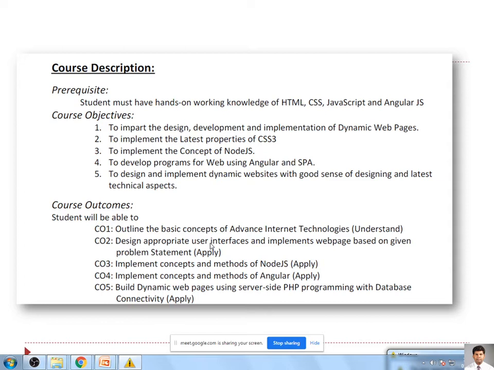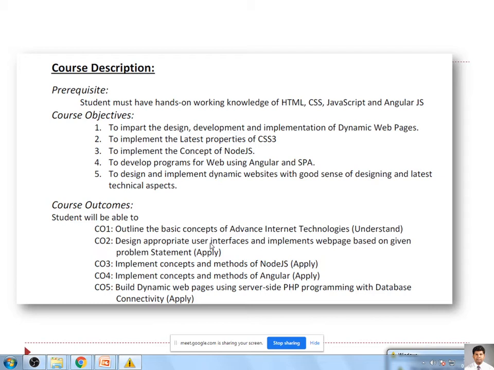These are basically the course outcomes. After completing the course, you will be familiar with AngularJS, Node.js, CSS3, and how to create a dynamic website with the help of PHP and HTML. That was the course objective, and for the outcomes, we will be applying various concepts. We will start with what is required for creating and using the methods of AngularJS and Node.js, the concepts in Angular and Node.js, and how to create a dynamic website using a technology like PHP. That will be covered in this subject.